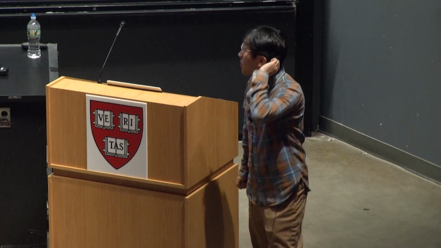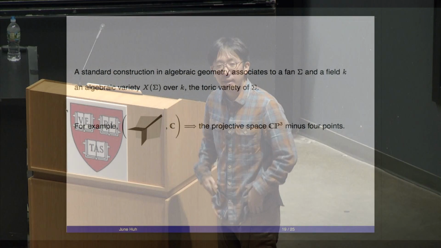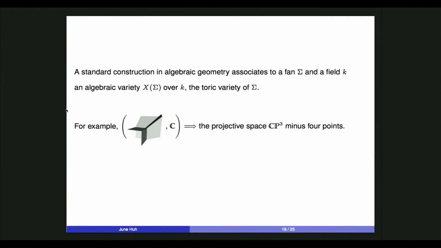So that is actually a picture of a fan, a collection of cones meeting each other in a very nice way, like simplicial complexes do. And the standard construction in algebraic geometry, more precisely toric geometry, associates a toric variety, a certain algebraic variety with a large group action, corresponding to any such picture and with the choice of any field. So if I pick the complex numbers and apply this construction to that particular picture, the picture of a fan, then what I get is the projective space